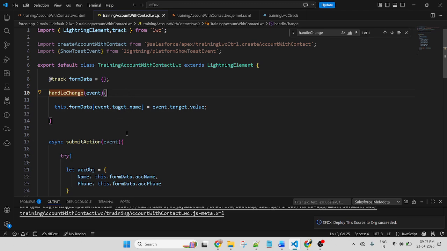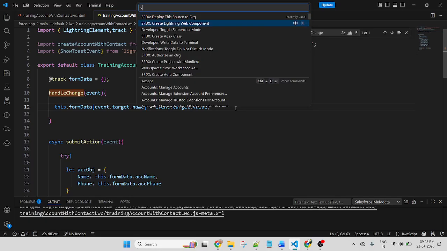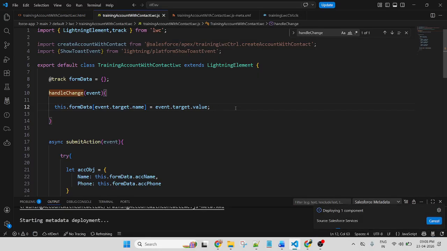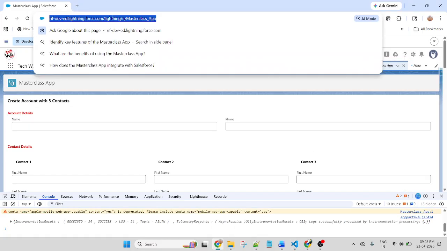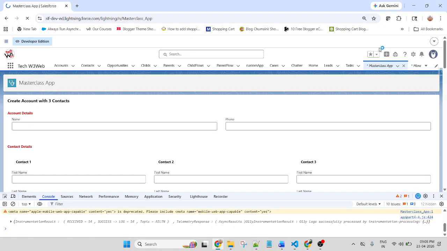Here I already declared it, but there is a spelling mistake. Target, T-A-R-G-E-T. Correct, thank you. That is why my component displayed the error. Now I target name, then save and deploy the code. My code deployed successfully. Now this time the error is not coming.